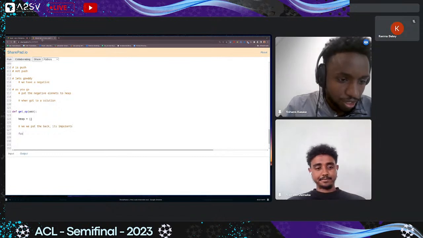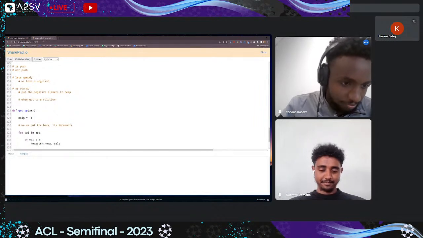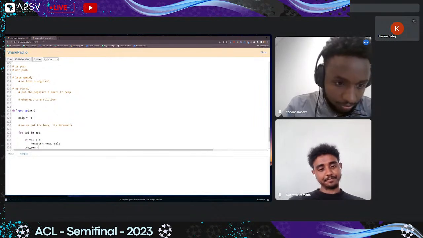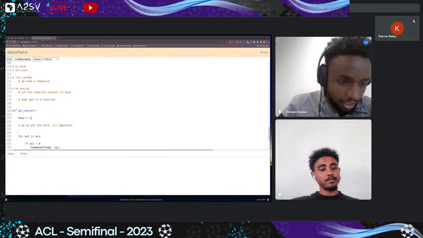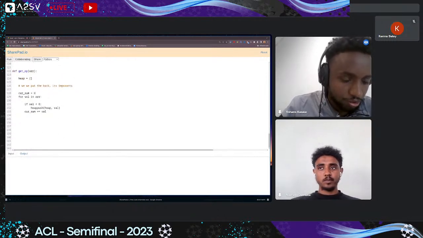So for val in array, if val is less than 0, heap push val, and current sum plus val. Current sum is 0, and